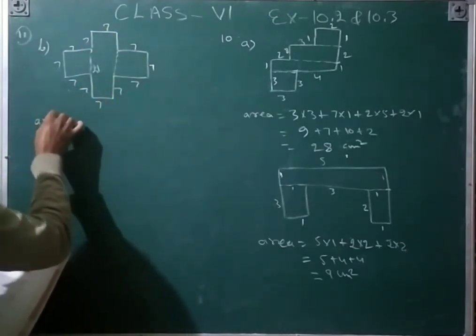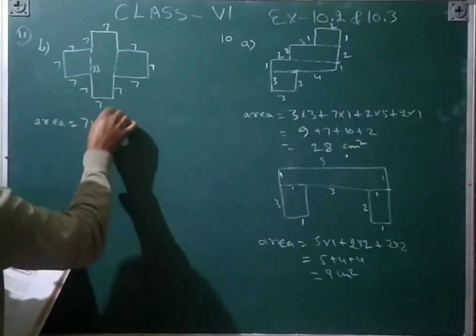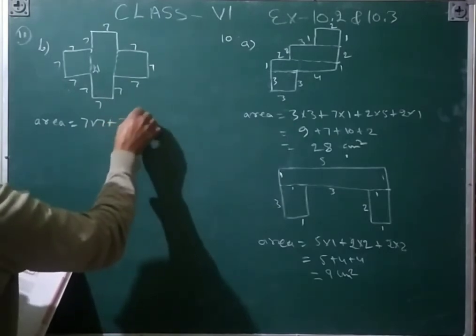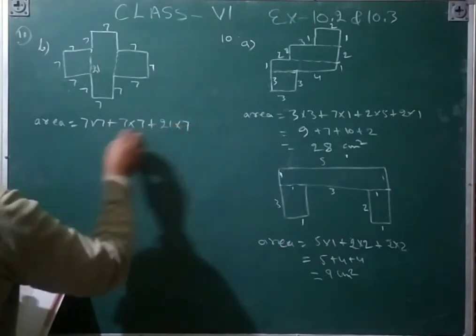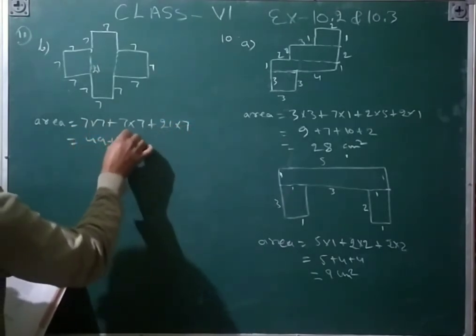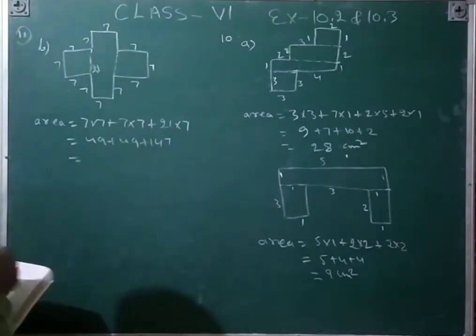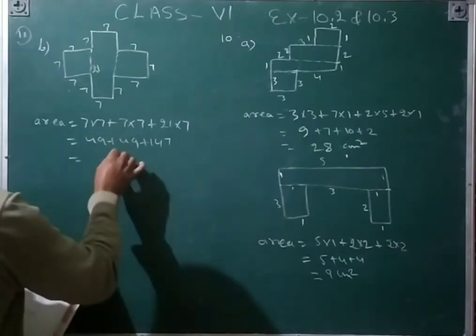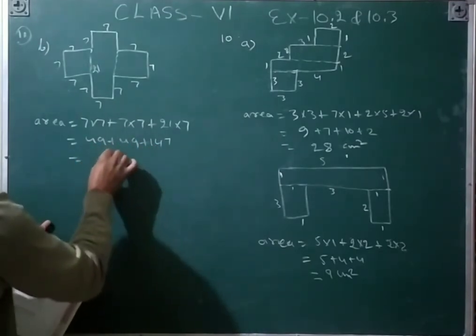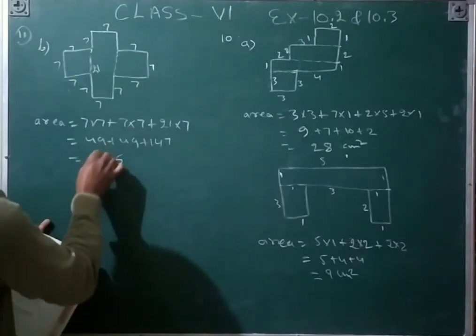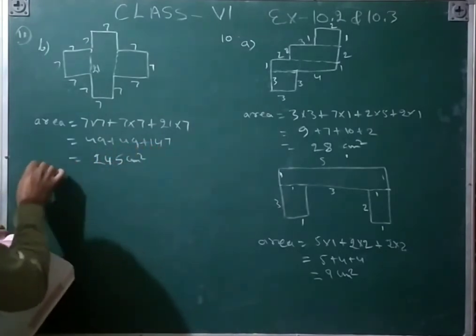So area is equal to the first area, that is 7 into 7, plus second area 7 into 7, plus third area 7 into 21. So 7 7s are 49, plus 49, plus 7 into 21 is 147, and the total comes to 245. That is given in centimeter square. And then the C part also, see that here,